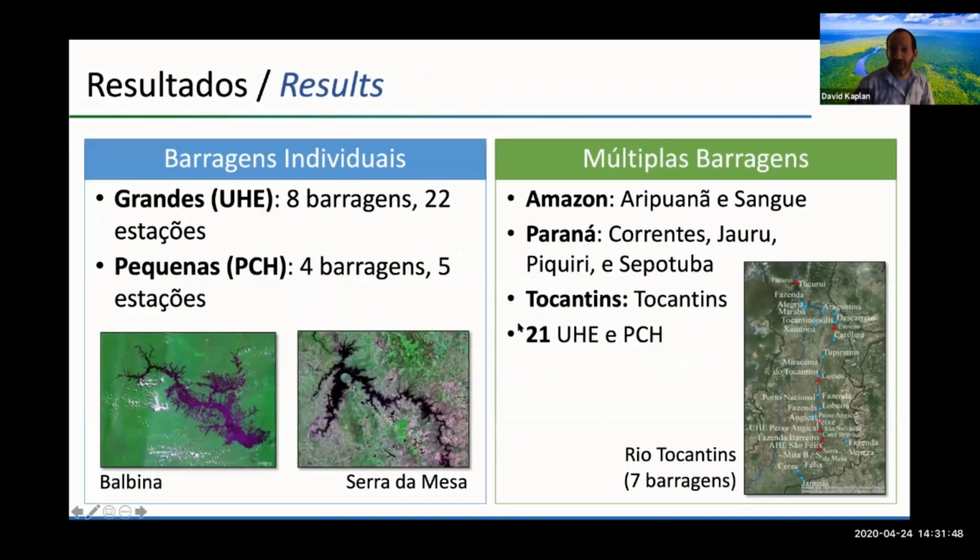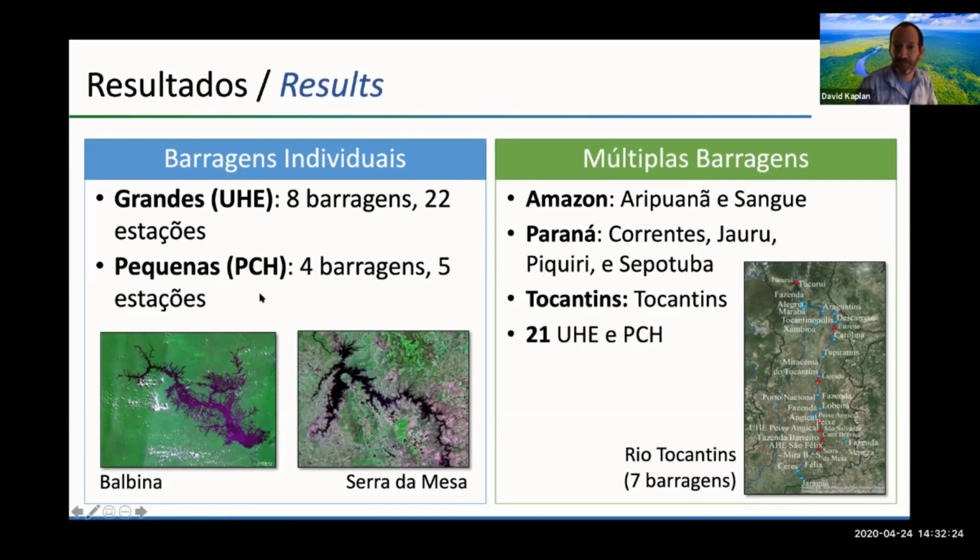When I show the results, I'm going to show 2 basic sets. The first is for individual dams, and we were able to find data for 8 large dams over 22 stations, and 4 smaller dams. Flow gauging station data for smaller dams is less available. We were only able to find 4 small dams over 5 stations. Then I'll also show some results for multiple dams, but I'll come back to that. I'm going to use Balbina and Serra da Mesa as exemplars of 2 ways in which dams can change the hydrologic regime, two case studies as we review all of the total 12 dams that we were